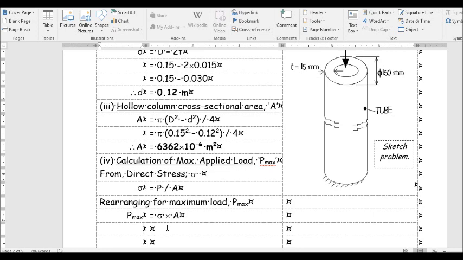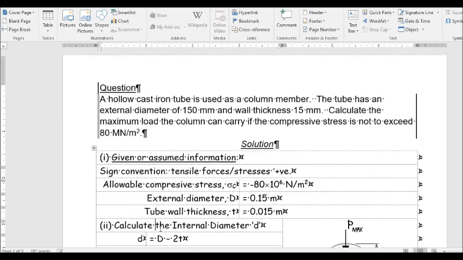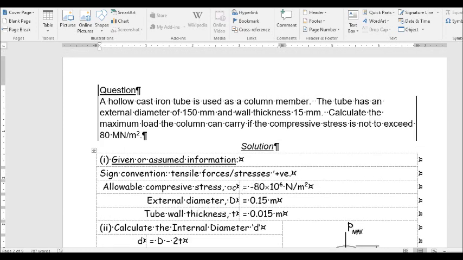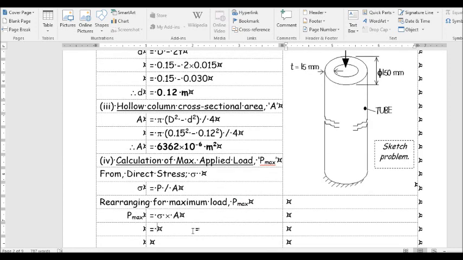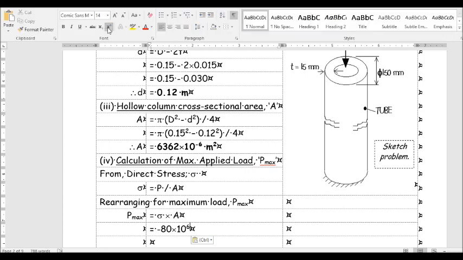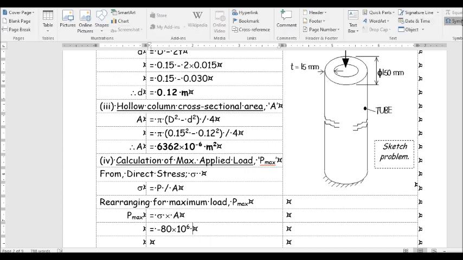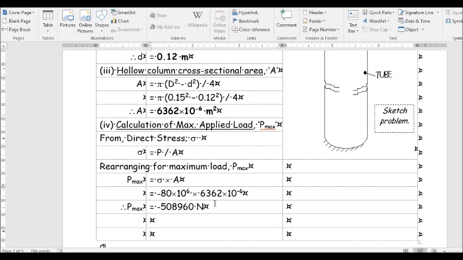Now I'll calculate my maximum force or load, inserting the values. The stress we're given in the question, -80 times 10 to the 6 newtons per meter squared. Multiply that by the cross-section area, highlighted above here. So using my 4 significant figures for the cross-section area, that calculates to be